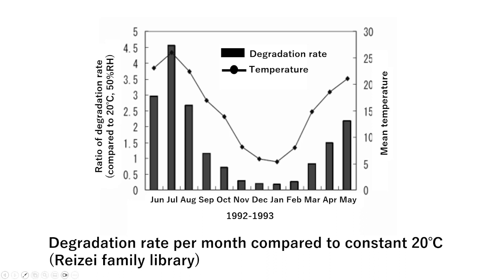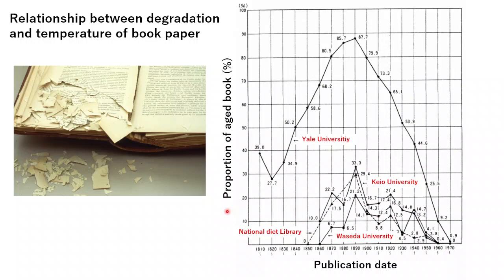Therefore, as shown in this graph, cooling in summer is good, but heating in winter needs to be reconsidered, even from the perspective of suppressing pests. Fungi and insects that usually stop their activities in winter are purposely activated by heating. Therefore, from the perspective of energy saving, it is possible to reconsider maintaining a constant temperature and humidity throughout the year. Let's change the topic.